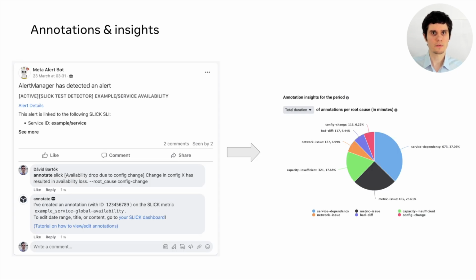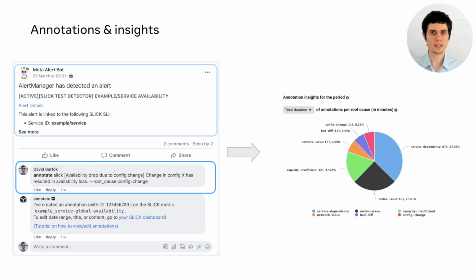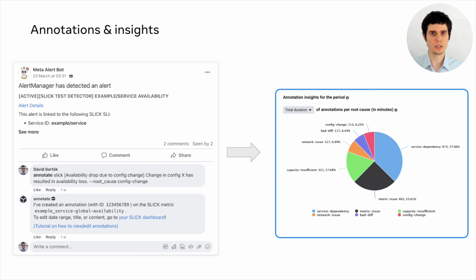Slick also has integrations with the standard alerting infrastructure at the company, enabling teams to set up alerts on their SLIs. These alerts can notify engineers through a variety of channels, such as workplace posts. The alerts can be annotated in a structured format to attach extra metadata to the alert. Annotations can be created manually or through automation. Slick then consumes these annotations to build actionable insights for service owners about their SLOs. Slick can answer questions like, what were the most common root causes that contributed to SLO violations? We can show the frequency and the duration of the annotations in Slick.